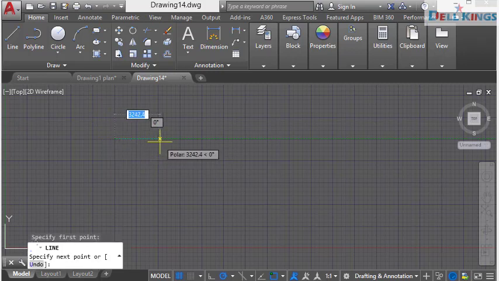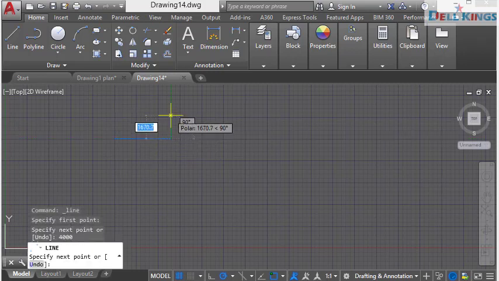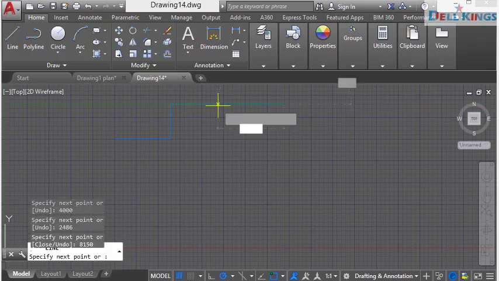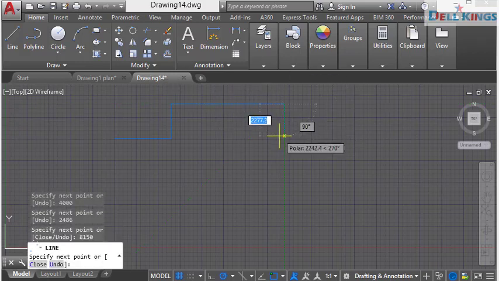Towards this side, enter a distance of 4,000, and then press enter, and then we go up by a distance of 2,486, then press enter, and then we come towards this direction by a distance of 8,150, and then press enter, and then it will come down by a distance of 10,500,